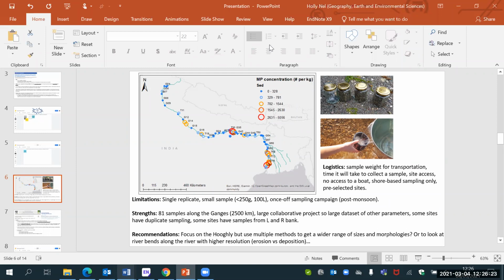As I mentioned, this was quite a large collaborative project. So at every single one of these sites, there were quite a number of other parameters that were being collected. One of the first things the scientist asked me was, how much time is it going to take for me to collect these samples? So I had to think of a way that made sure that this was easy and wasn't going to take a lot of their time. The other thing was that,